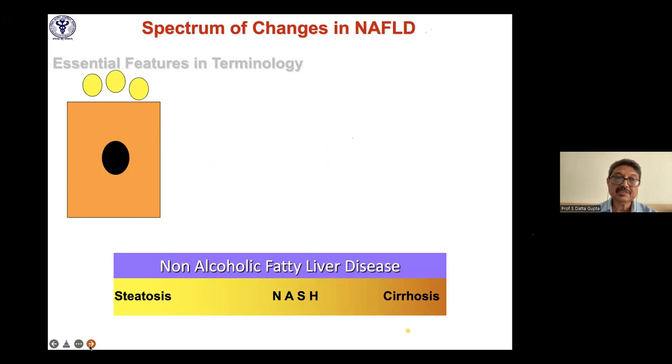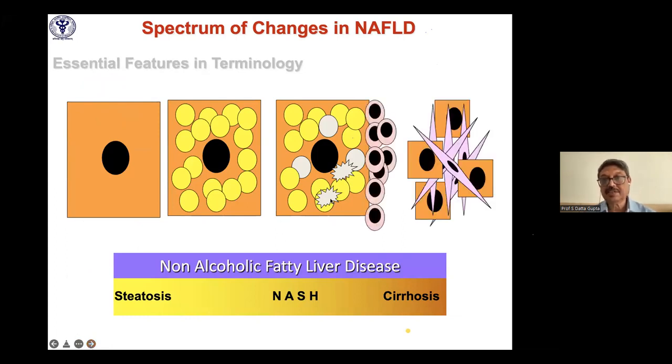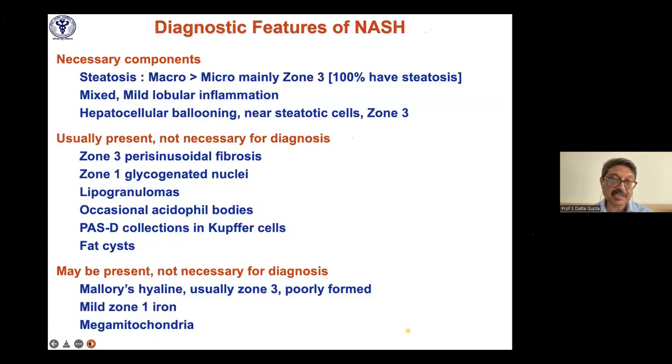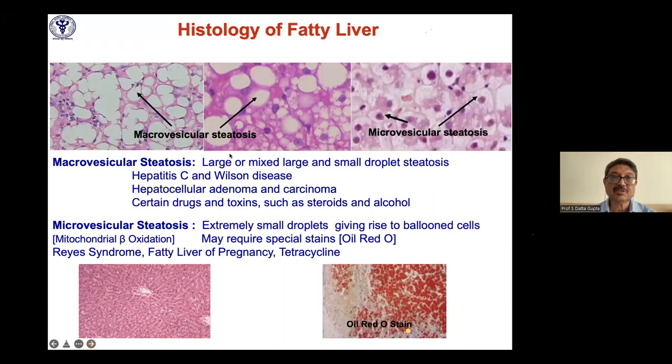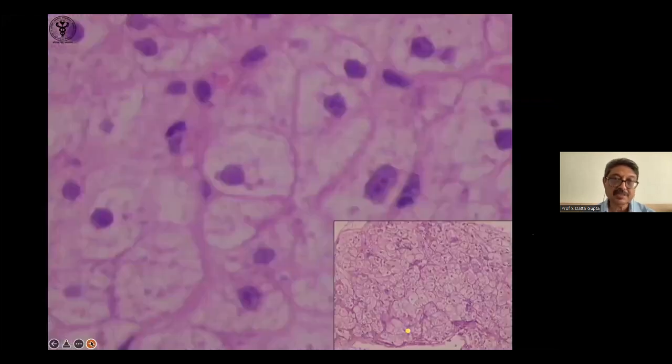In NASH, same thing, just like that. First you have fatty change, then you have steatohepatitis, and then cirrhosis or fibrosis. So this is the same thing, except that fat is present. The other thing in NASH which I want to tell you is you can have microvesicular steatosis, which is generally just like foamy hepatocytes. These are varying grades of fatty change. Portal inflammation is less.